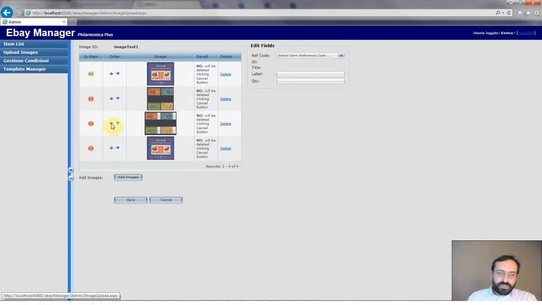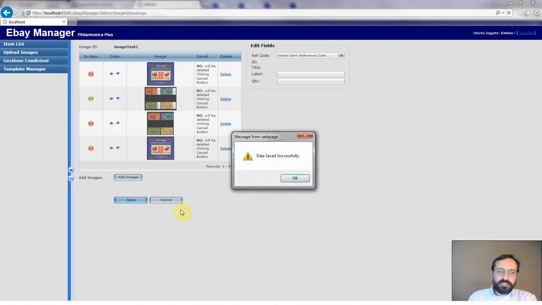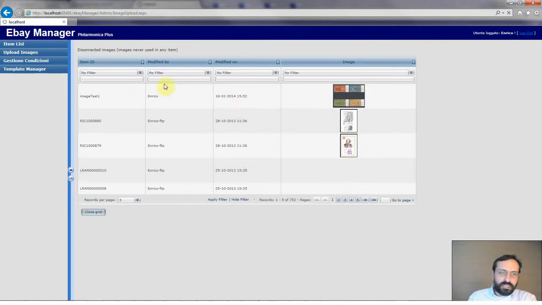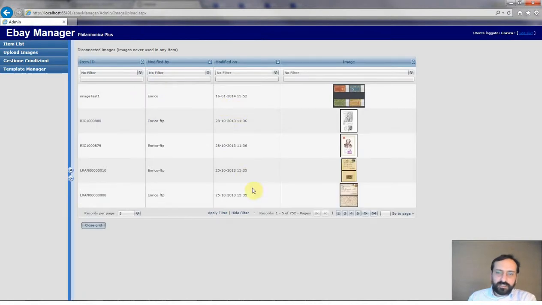saved. I can change the order. I can change which image is the default image, the one that will appear in the search list. And I can just click save, and this data is saved. Now I will not explain why there are disconnected images, but I can see here there is a grid with all my images